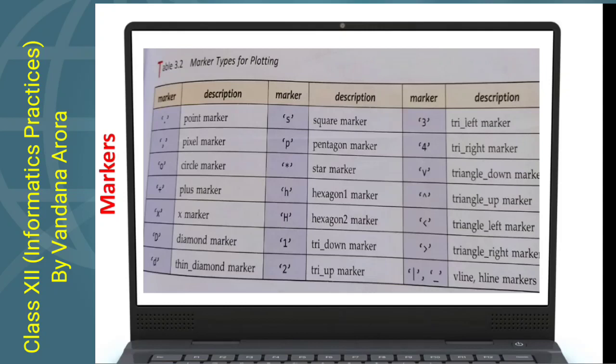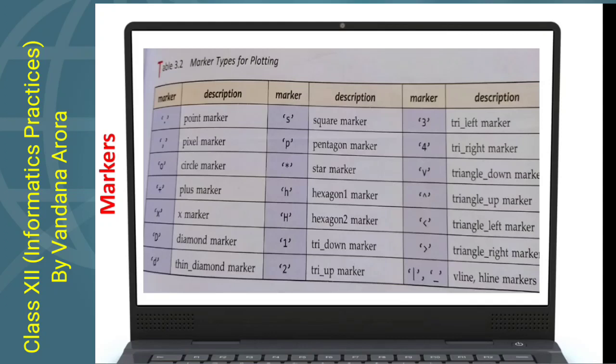These are the different markers. You can see in the previous code I have used hexagon marker. You can see hexagon has the code H. Clear? Hexagon has two types of marker. One is with the small h and the other is with capital H. A lot more markers are there.